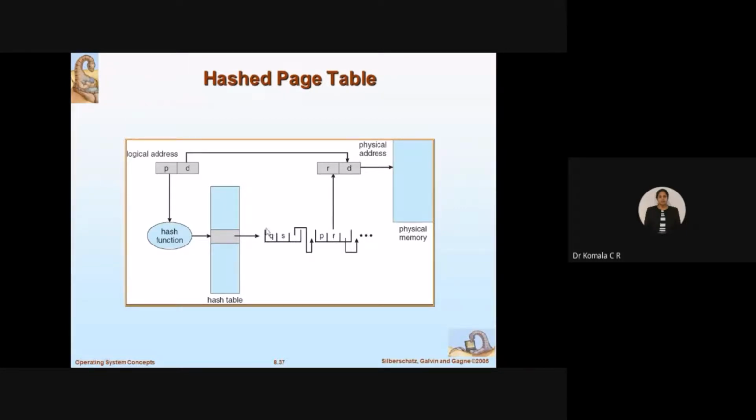So in this, whichever element you want to store onto the memory, say for example, R is the element you want to store in one of the free frames. Now you want to check which free frame you have to store this element in. So take the offset address, add the logical address plus the offset address, you get the physical address. Then the element R is going to be stored in the free frame in the physical memory. So this is how you are going to use the hash table.